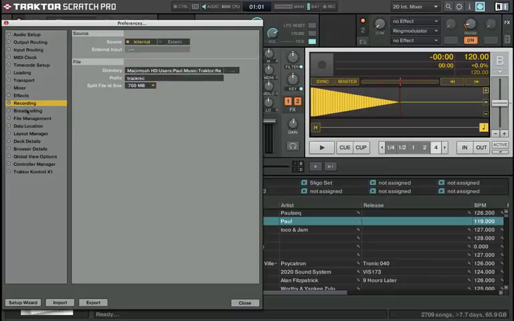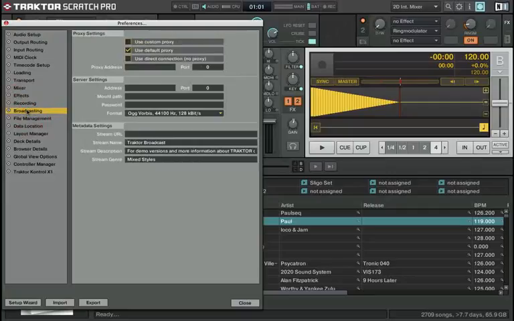Okay, so next up we're going to look at the broadcasting menu. I'm not going to go into detail on this as you do need some third-party software to use this functionality and to show you where to input the different options. It's maybe something we'll look at in a more advanced tutorial,